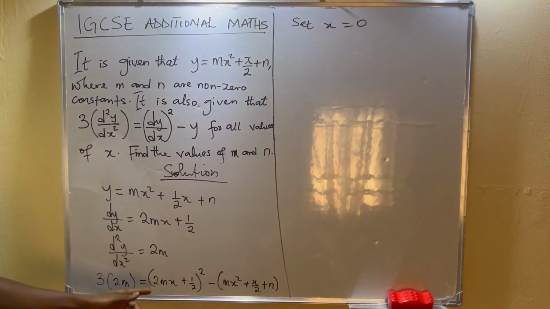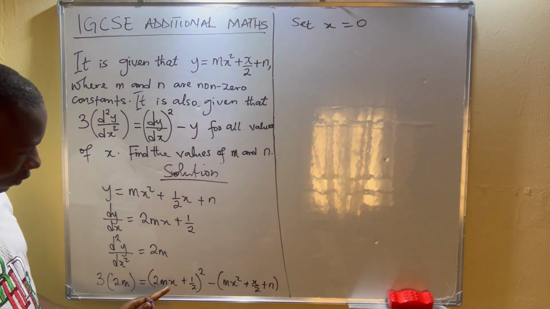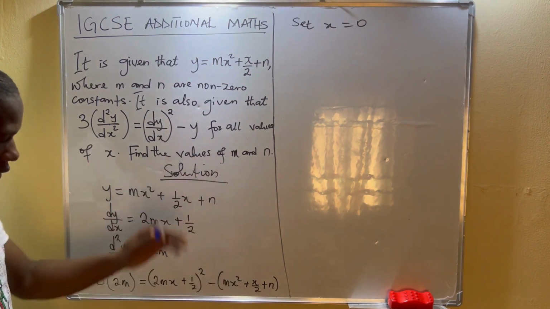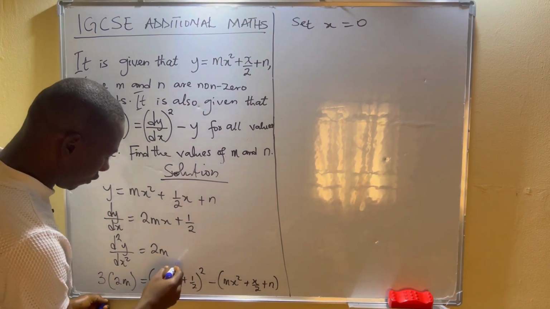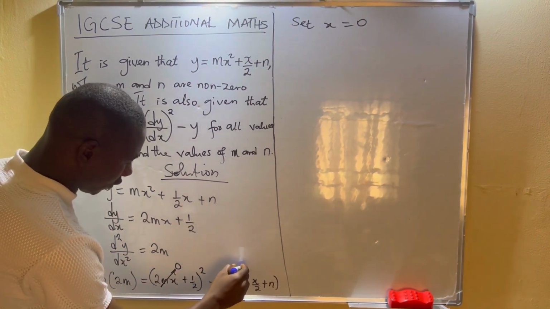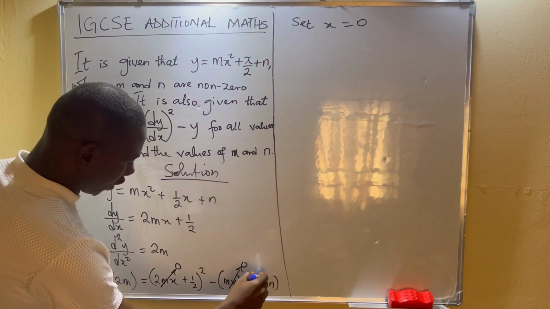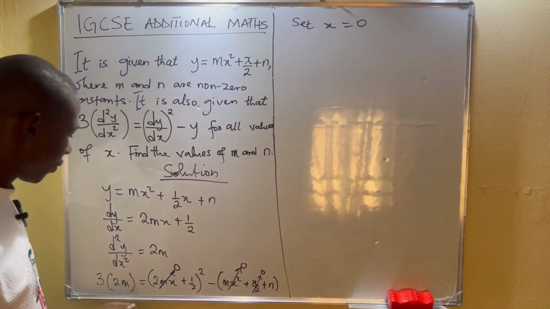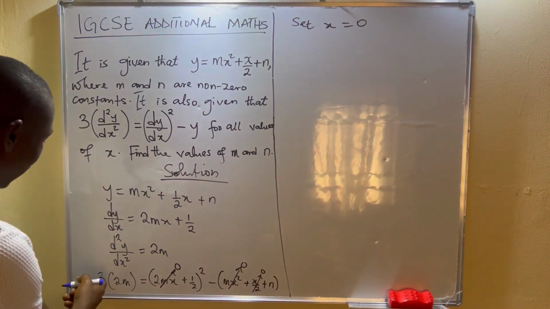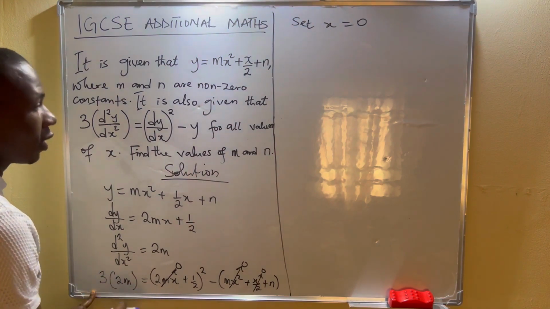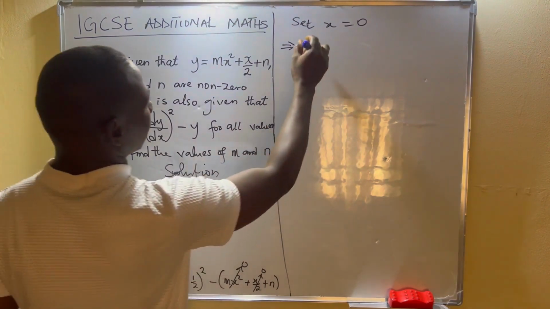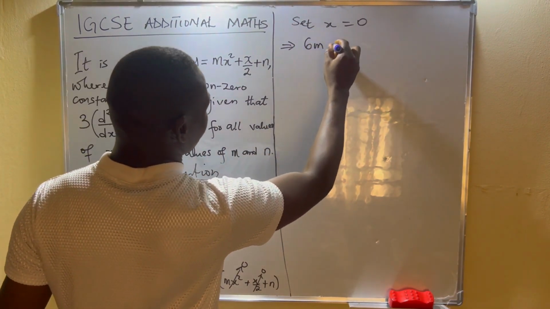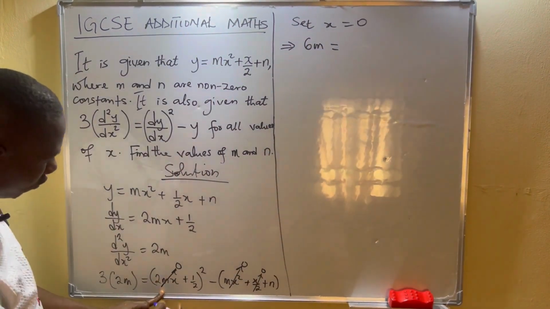If x is equal to 0, it means that wherever we see x here, we terminate it. So this will give us 0, this will give us 0, and this will give us 0. So what is left? We have that 3 times 2m is 6m, will be equal to